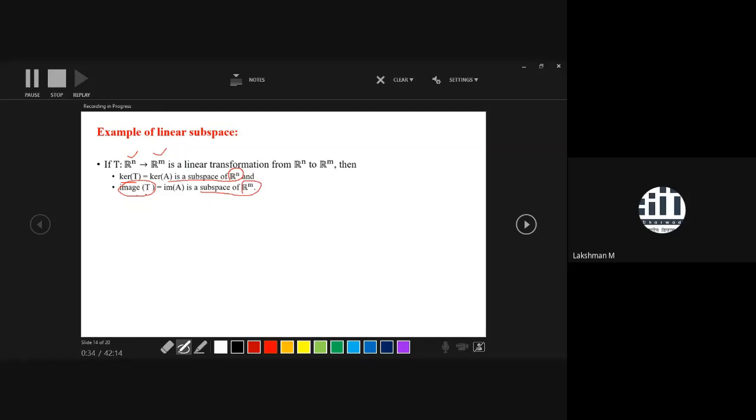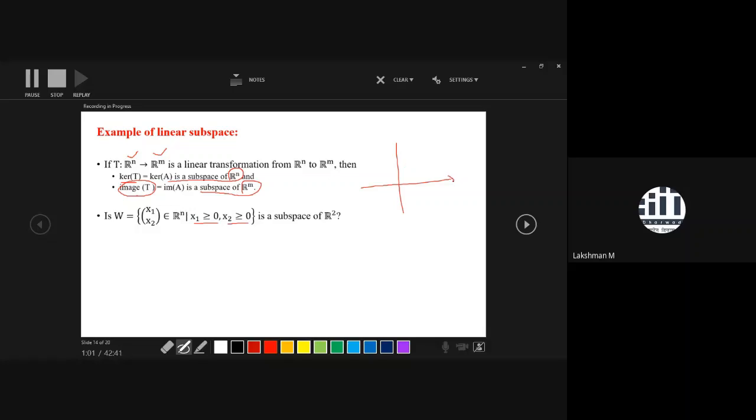Image is in target space. Now we are taking another example here. W is defined this way, having coordinates x1, x2. That means it is the collection of all two-dimensional vectors in such a way that both coordinates happen to be non-negative. So what does it talk about? If you are in R2, it is talking about your first quadrant.